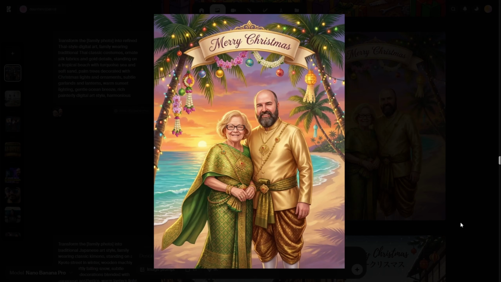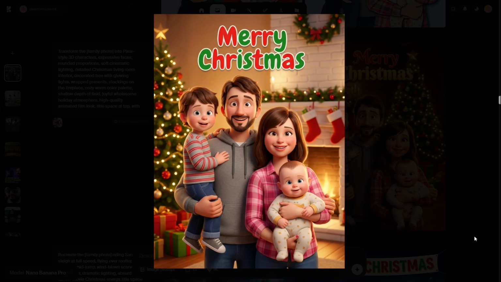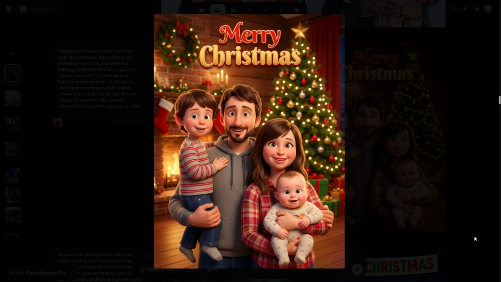Very cool how this was created. Next I have a Pixar style here, so we're going into the fun area now. This one is really cool, very nice clean text, and the family looks like they are. And in the second version, the background is a bit more busy, but also more Christmassy with all of the